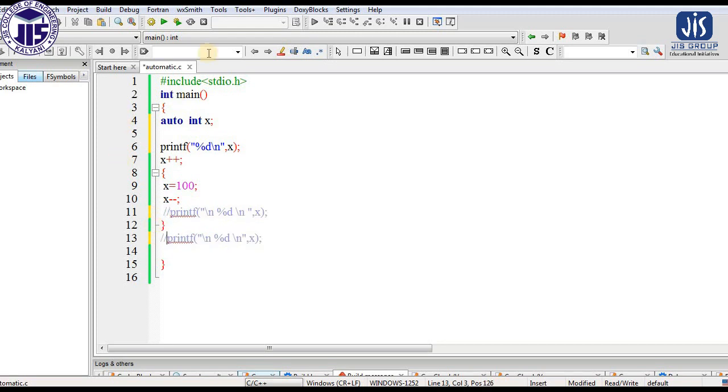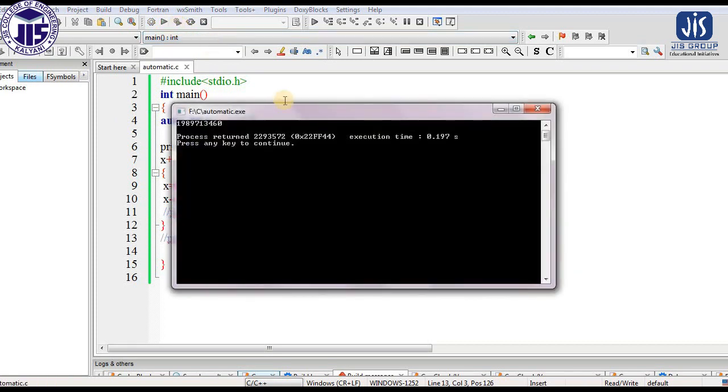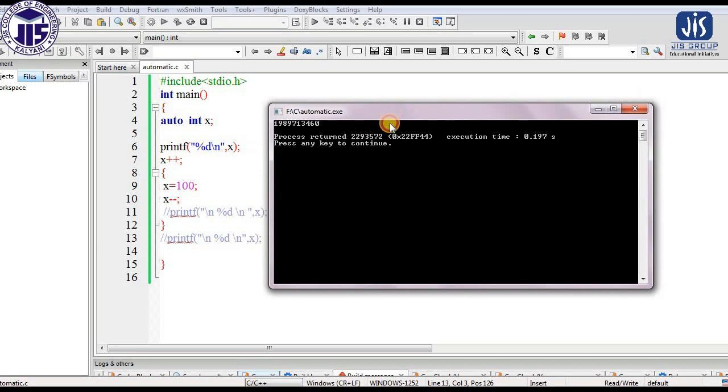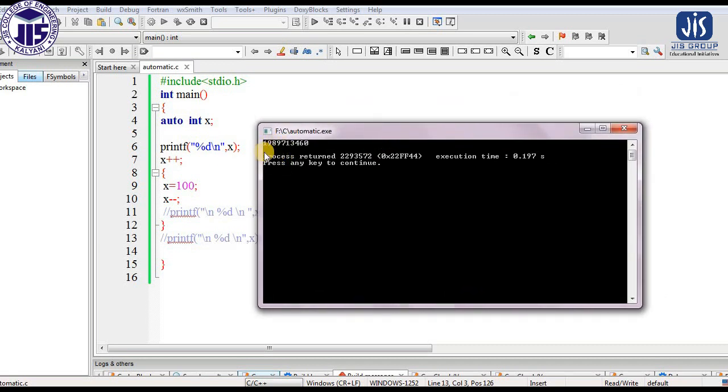If I run it, let me show you what output we get. So we are getting a value like this. Whenever we declare a variable in automatic storage class, the default value is unpredictable, also called a garbage value. Until and unless we assign a meaningful value to that variable, it will hold some unpredictable or garbage value.